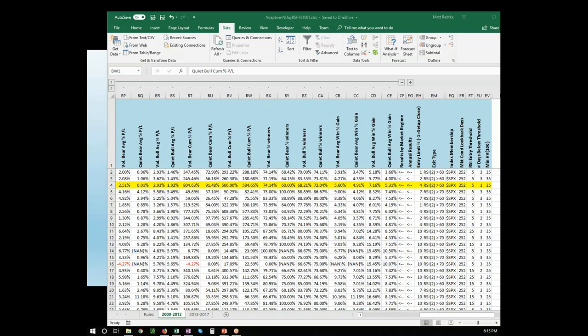I'm going to run that from 2000 through 2012, and I'm going to look at the outliers. I'm going to look at the trades that were the biggest winners and the biggest losers and see if some of those are so extreme that they skewed my overall results. I'm going to look at the trades that were held for the longest and the shortest periods of time and make sure that I didn't accidentally hold on to a trade because I forgot to exit when it was delisted,